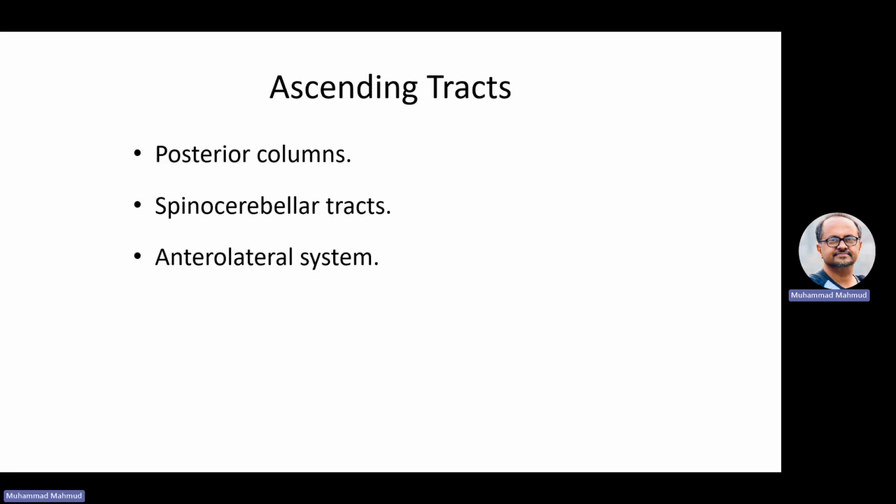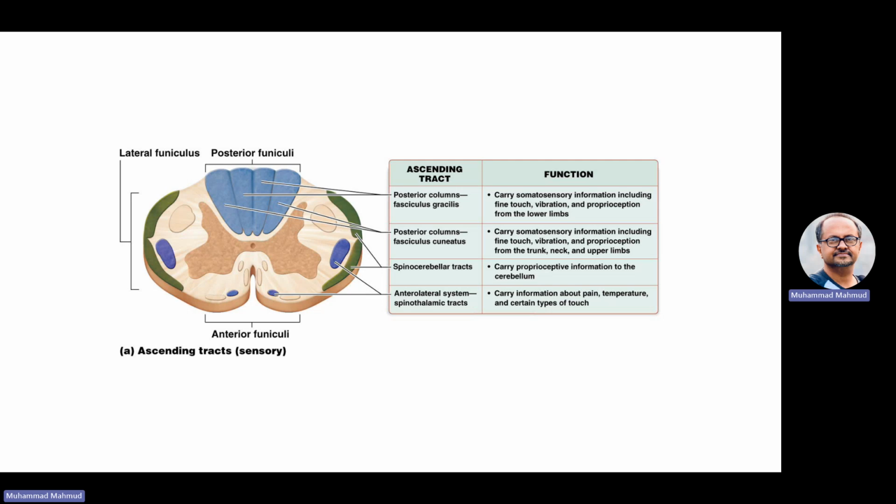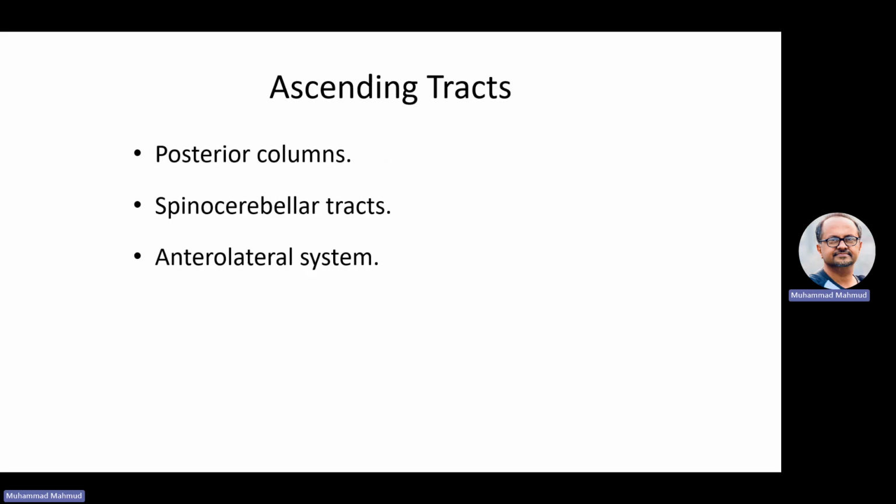And inside those areas, we have the ascending tract going upwards in the posterior column, spinocerebellar tract, anterolateral system. In this picture, you see those ascending tracts. The posterior one, you see the blue color things. Then we have the ascending one, the front, and then the spinocerebellar tract. So these are some tracts going upwards from the spinal cord to the brain,